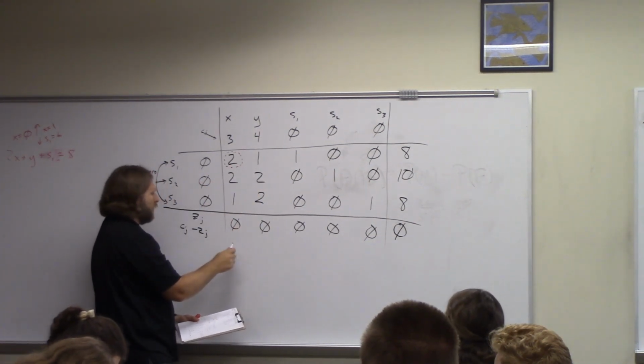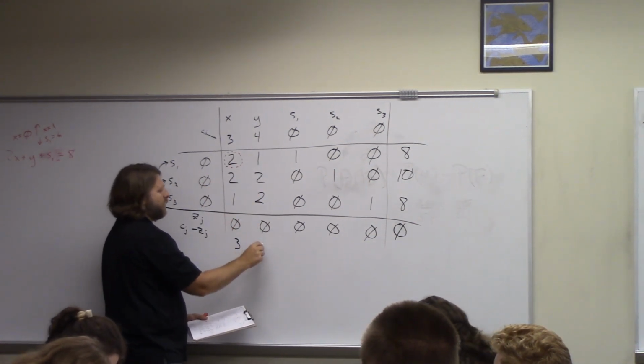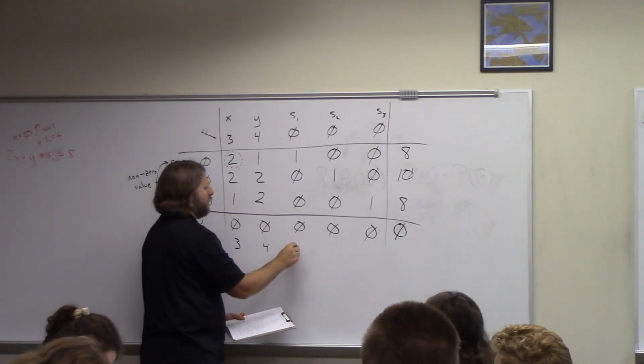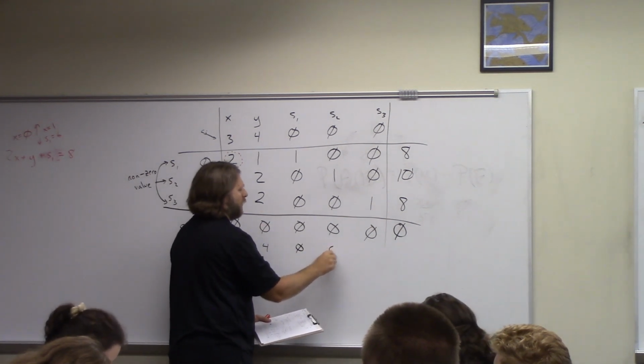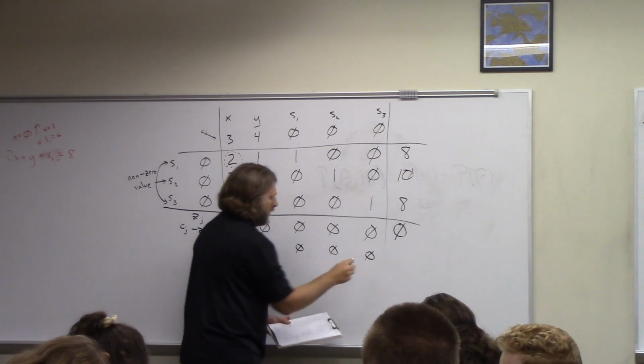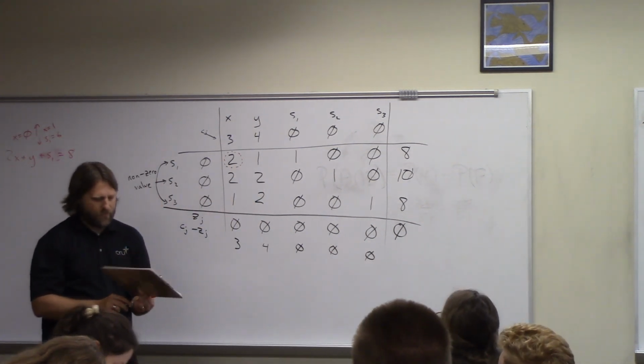So what's 3 minus 0? 3. 4 minus 0? 4. 0 minus 0? 0. 0 minus 0? 0. And 0 minus 0, 0. Now what we're going to do,